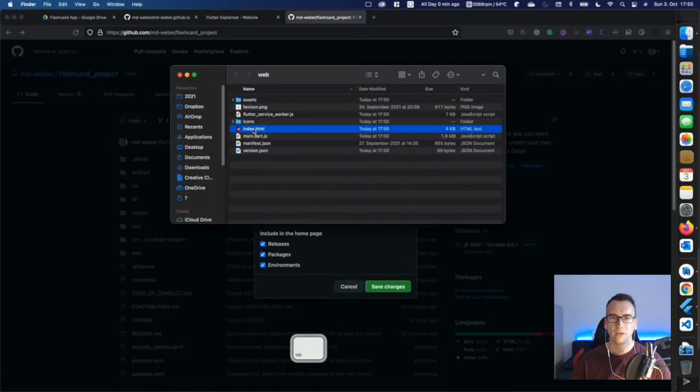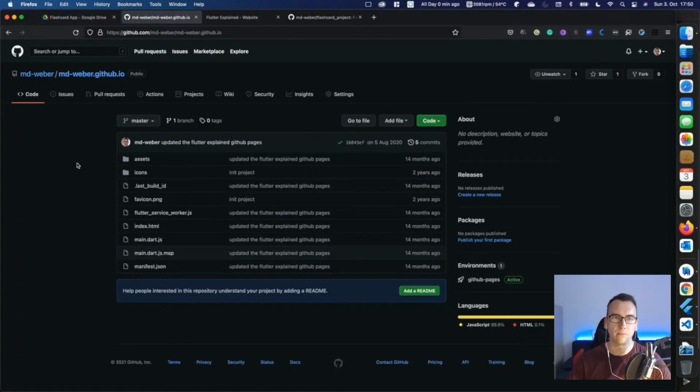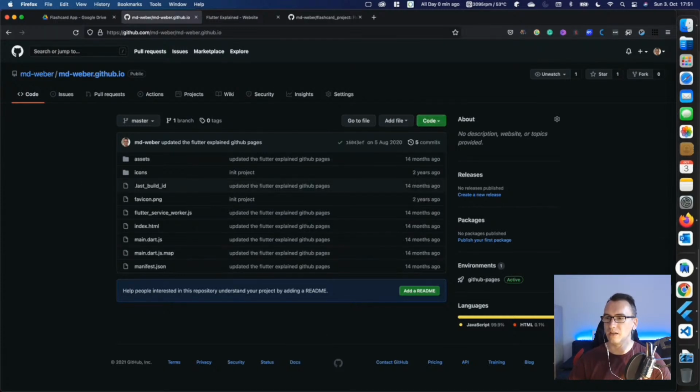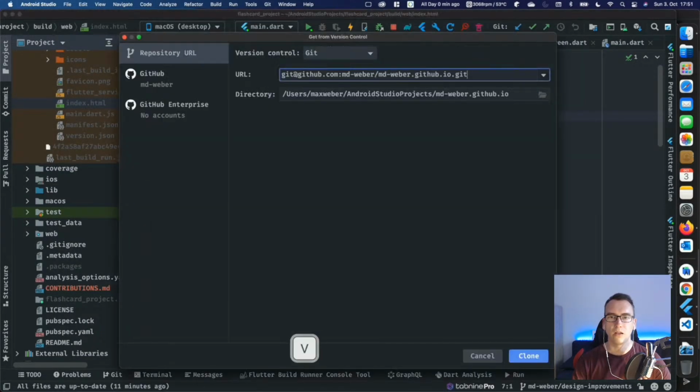Nope, not like that. But all these files should now be inside of our GitHub repository, MD Weber GitHub IO. So how can we do that? One solution, and maybe the easiest, is just copy paste. That would be the first initial try that we do. But I would like to have that in our GitHub Actions afterwards, so that I don't have to do all of that manually every time. So we clone our project,